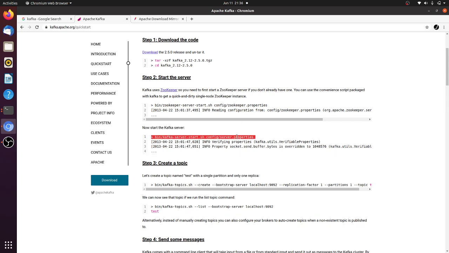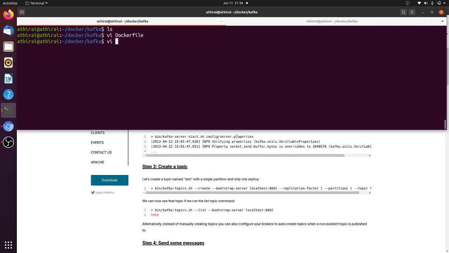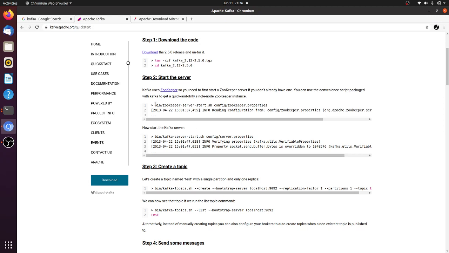We cannot achieve this with the direct CMD command, because we cannot have two services running with a CMD command in a Dockerfile. So either we can use supervisord, or we have to use an external script. Now I'm going to use an external script so that our Dockerfile will be very light. I'm going to save this file and then create a start.sh file. Here I'm going to say /bin/bash, and then run this command, this one.